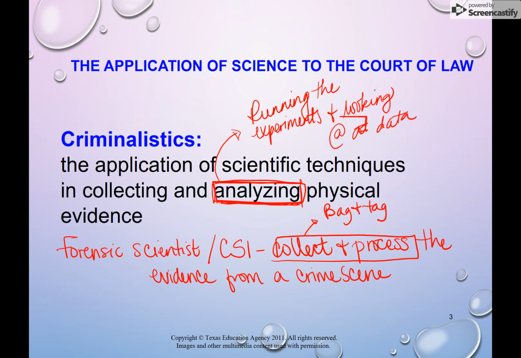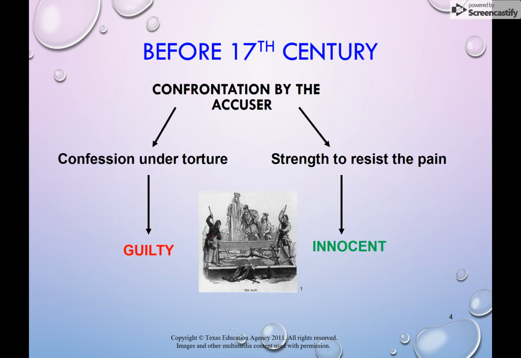All right, we're moving on to the next slide. So before we jump into the people and the history and what they've done, let's talk a little bit about where the field of law enforcement, forensics, figuring out who's done something bad kind of comes from. So previous to the 17th century, we didn't have what's exactly known as the best system for figuring out if somebody was guilty or if someone was innocent.